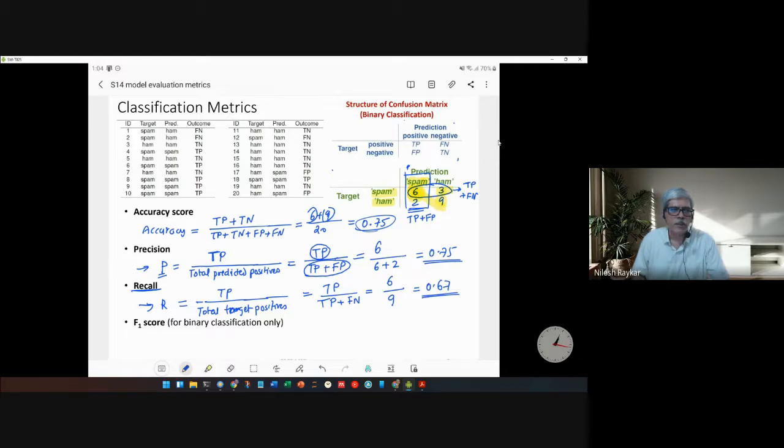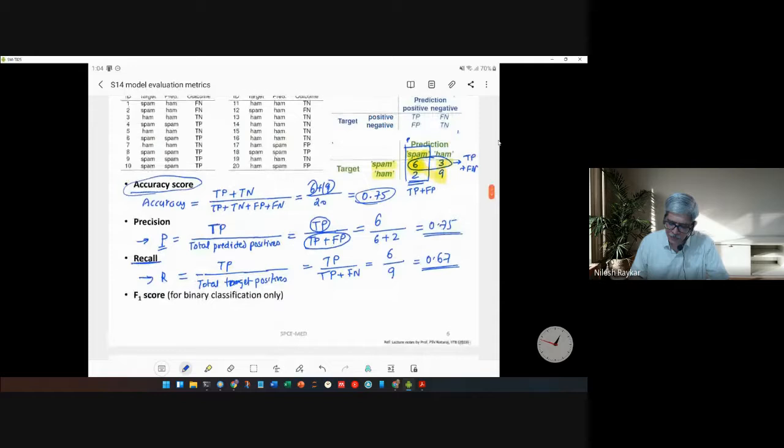And recall is something where you are more interested in how many positives or as many spam mails as possible to be extracted correctly. So in that case, you will be looking for the recall score. And accuracy score is something which is averaging out. You are not giving importance to either positive spam or not spam. You are just plainly giving equal weightage to both of them.